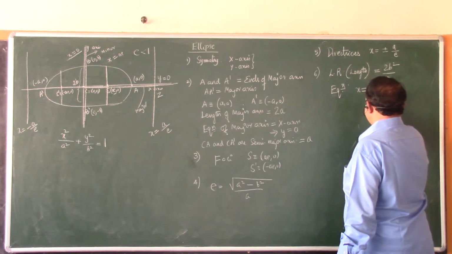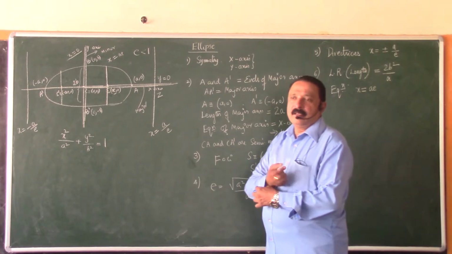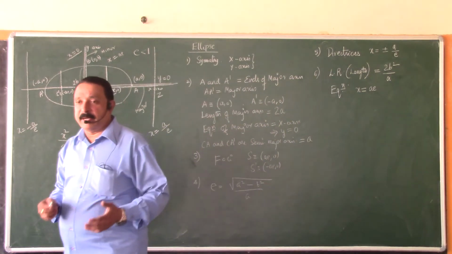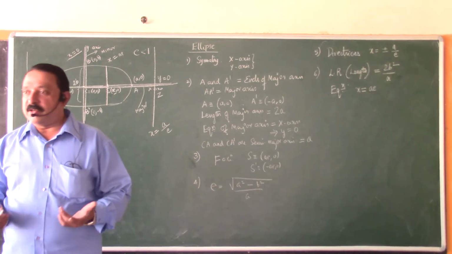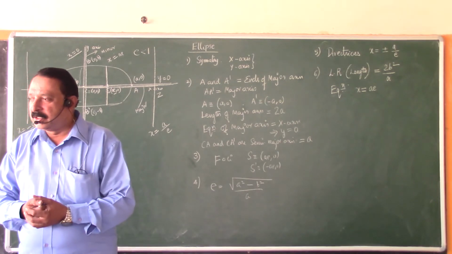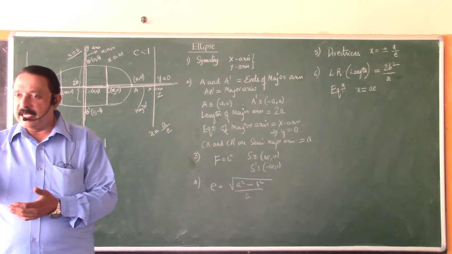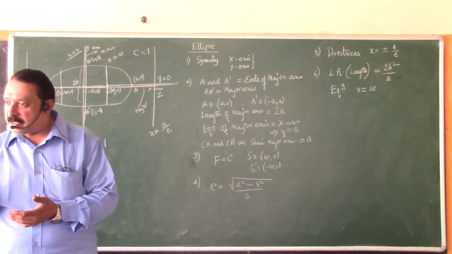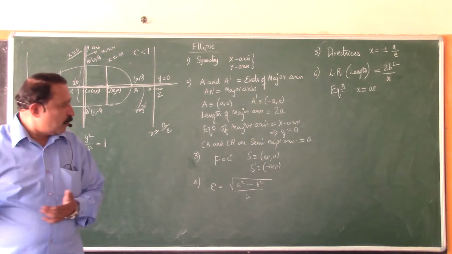We should remember all this, otherwise you should know how to calculate at least. Say for example, if I say for the ellipse x square by 25 plus y square by 16 is equal to 1, the equation of the latus rectum is, if this is the question, then what will you write? X is equal to AE. I said x square by 25. So a square is 25. So a is equal to 5 into E. And how to find E?